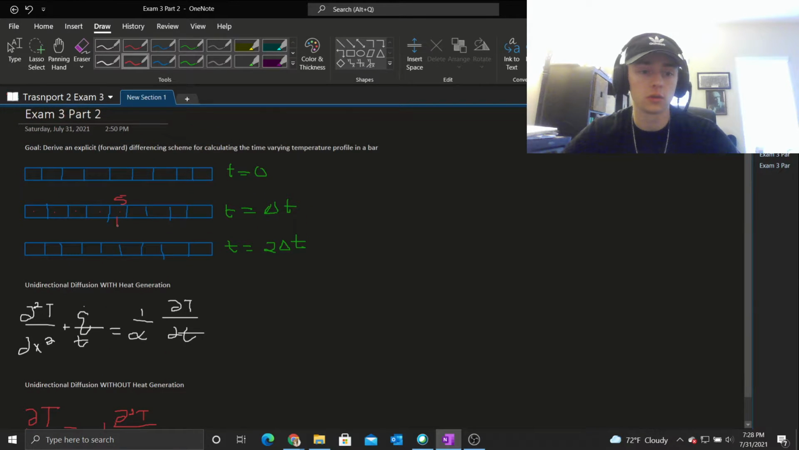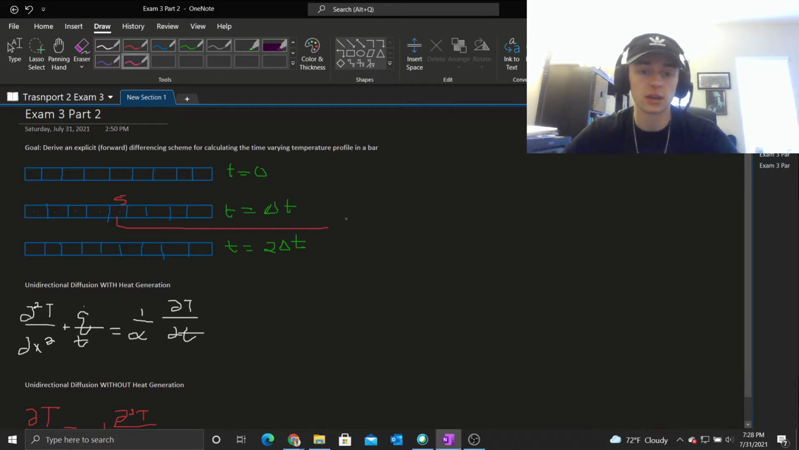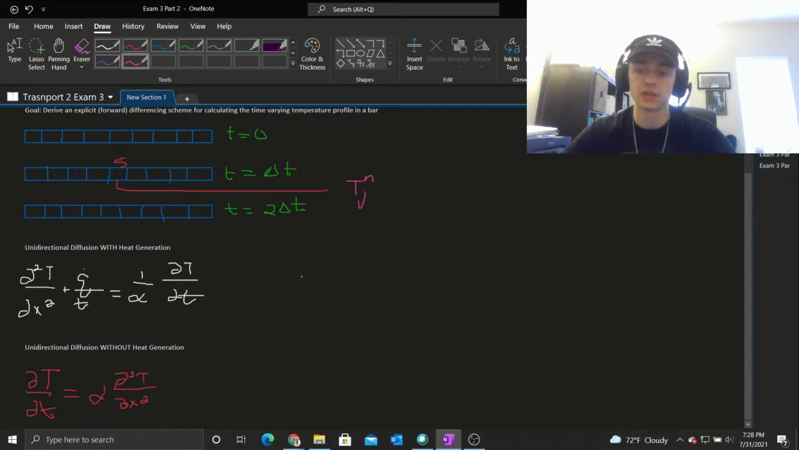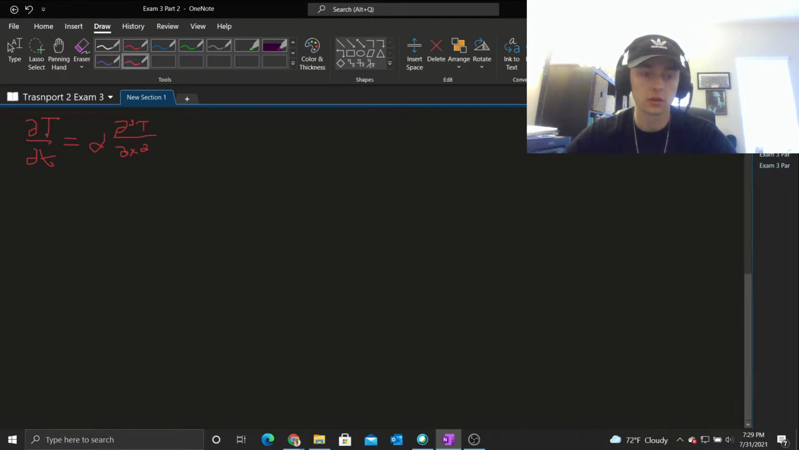We're going to write it with temperature, with J as our position in the bar and N as our time. Since we have the equation that the partial derivative of temperature with respect to time is equal to the thermal diffusivity times the second derivative of temperature with respect to position, for the left side of the equation we can say that